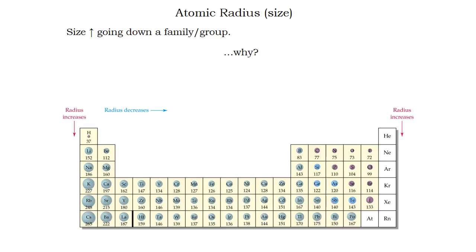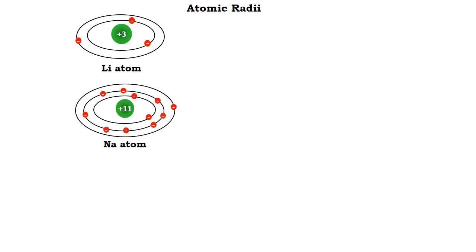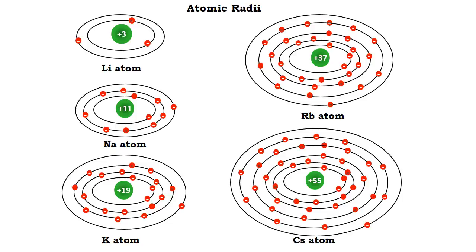Now, why would that be? Why is that true? Now remember, size is defined by the outermost valence electron shell. So if we look at this first group, just the alkali metals, we'll look at this group starting with lithium. Lithium has these 3 electrons. The single valence electron is in the second shell. And then sodium has its single valence electron in the third shell. Potassium, rubidium, cesium. So you can see here that the size of these atoms is increasing